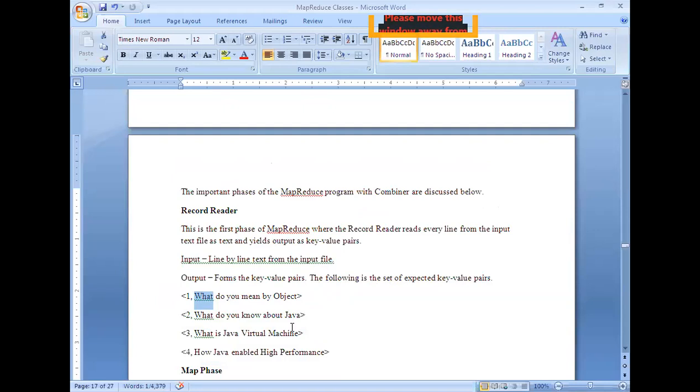From that, it extracts the first word and it will be considered as key, and initially it will be assigned a value. For example, if this first line is submitted to the mapper logic, what the mapper logic does is simply capture the word. First it captures the first line and then it captures the first word, and what it produces as an output is what